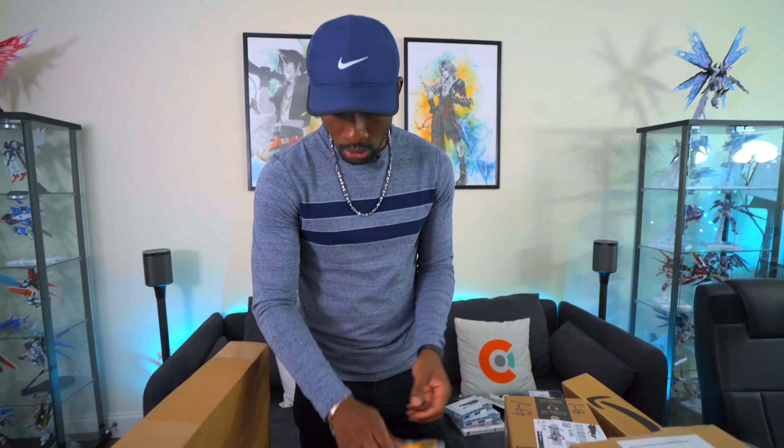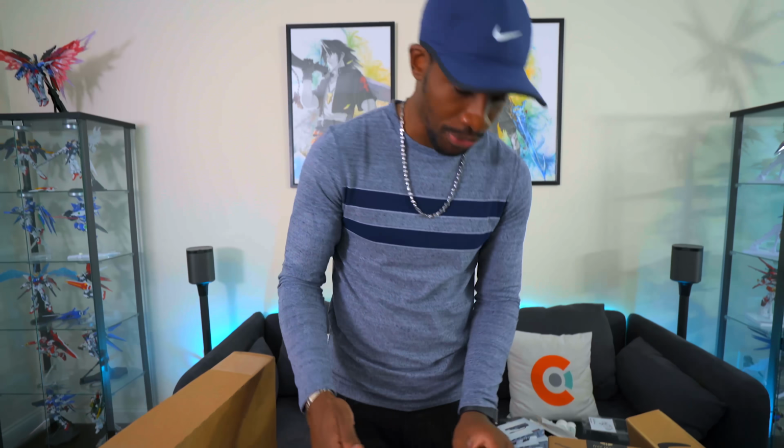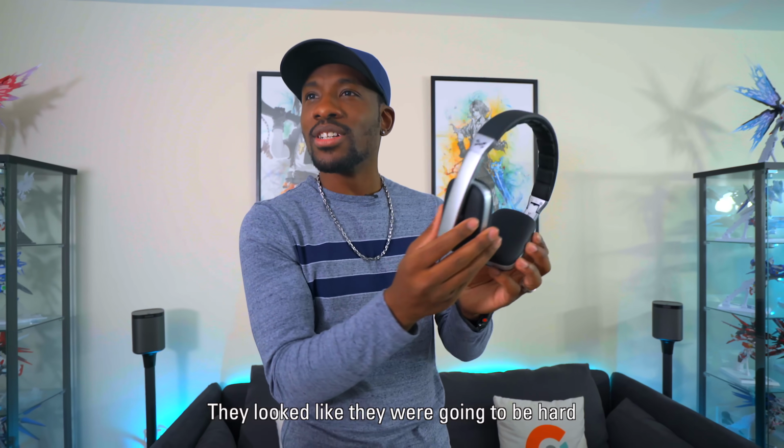Okay, so let's see. We got this one from Ghost Tech. Okay, so here we have them. So these are the Rapture headphones. They are wireless Bluetooth headphones. So I'm curious, let's see. These are way more comfortable than I expected. I thought that these were gonna be, you know, yeah, because they're square, you don't expect it, you don't see the normal kind of air cushion padding over here. But when you actually put it on,